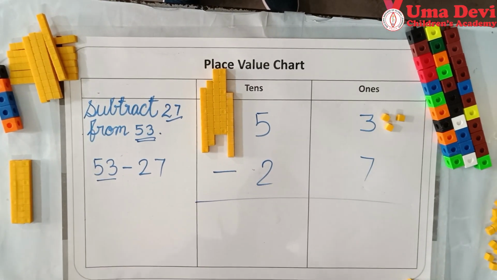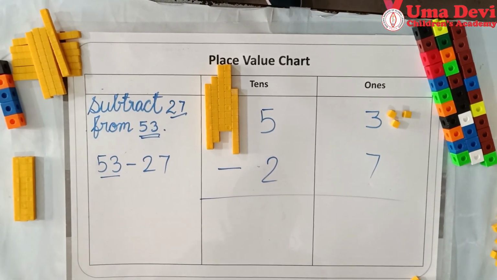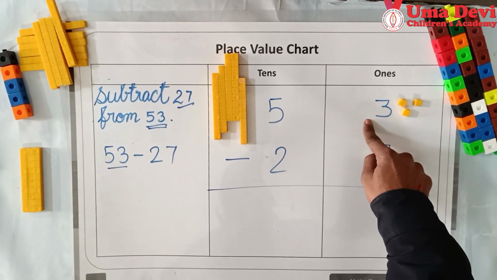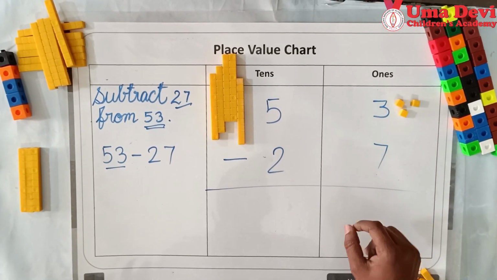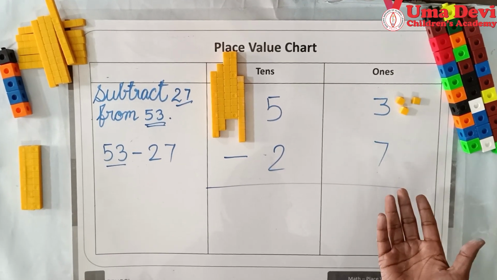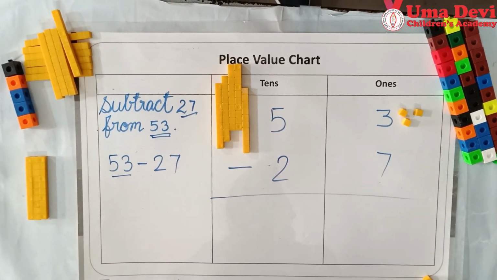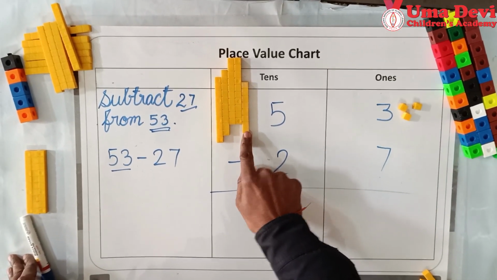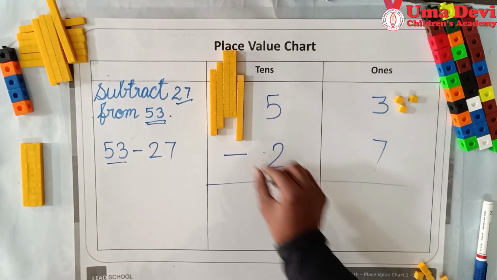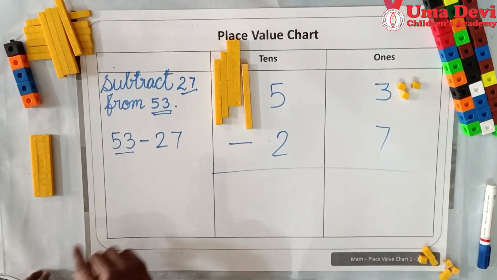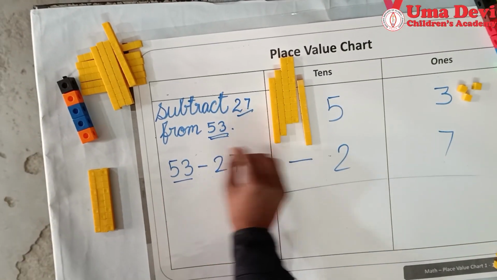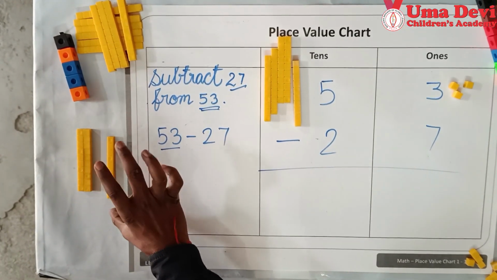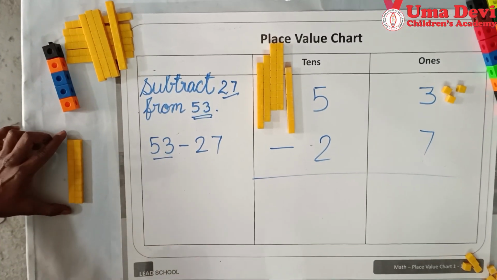Oh, this is very difficult. How do we subtract 7 from 3? If someone has only 3 things, how can he give you 7? So look here, he will have to borrow from this tens, because in this there is 10. Okay, look at this. I told you that, isn't it? This is a tens block, right? Okay, this is a tens block.